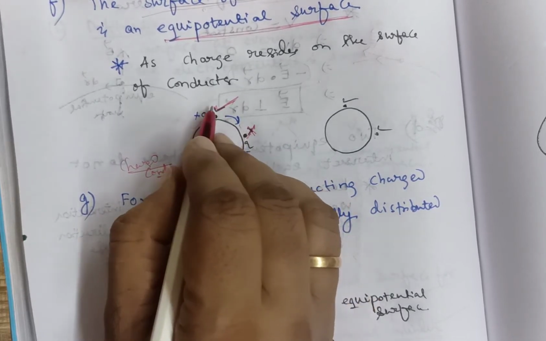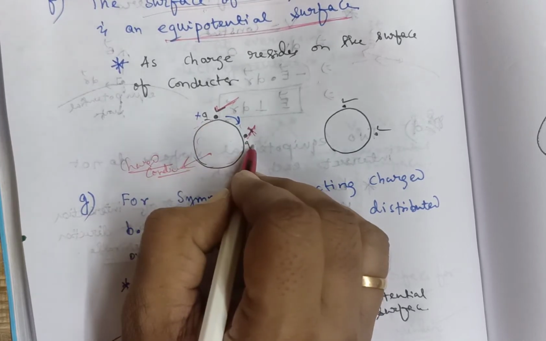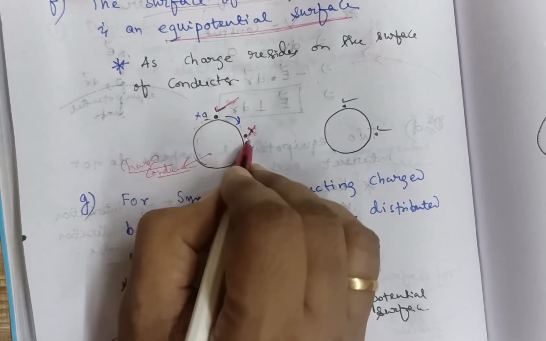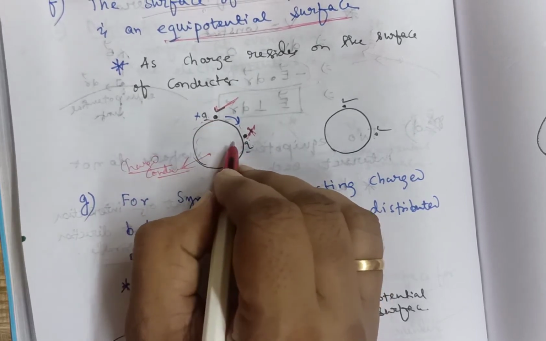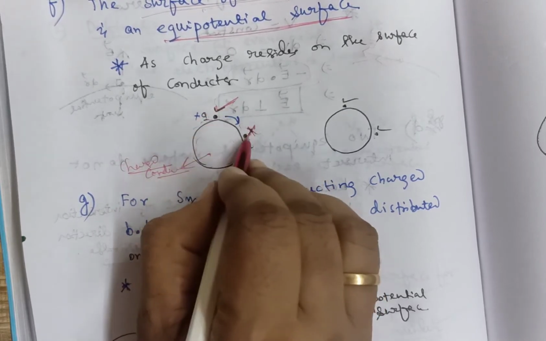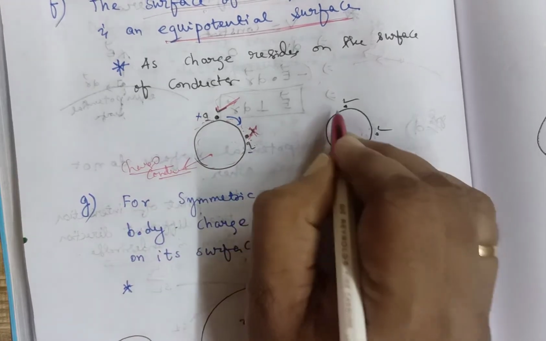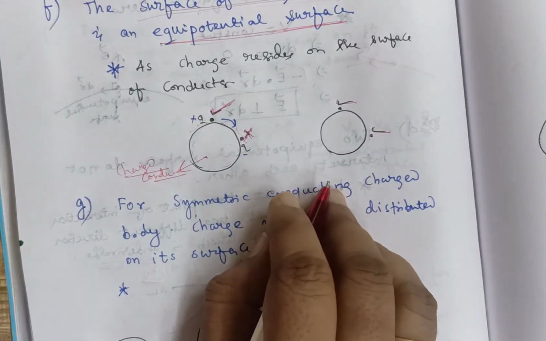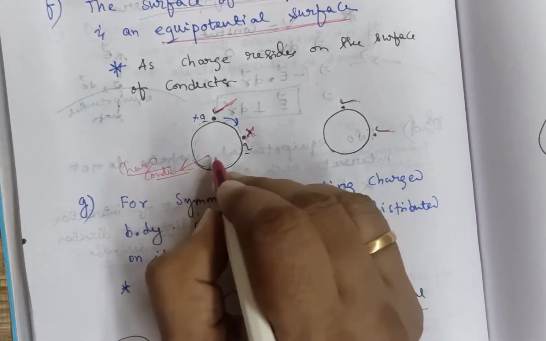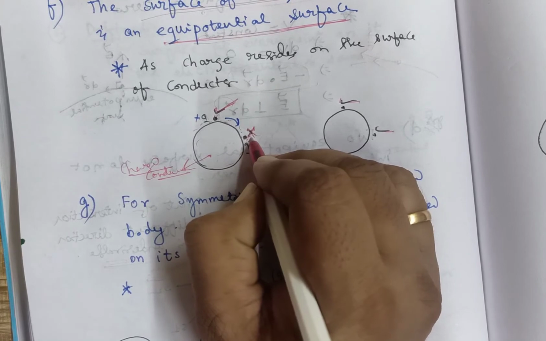As water flows from high pressure to low pressure, as heat flows from high temperature to low temperature, similarly, charge always has a tendency to move from higher potential to lower potential. Up to what point will they flow? Until the equipotential surface is maintained. So the charge flow continues. When the two surfaces are at the same potential, then the charge does not flow. That's why we can say that for any charged conductor, the surface must be an equipotential surface.